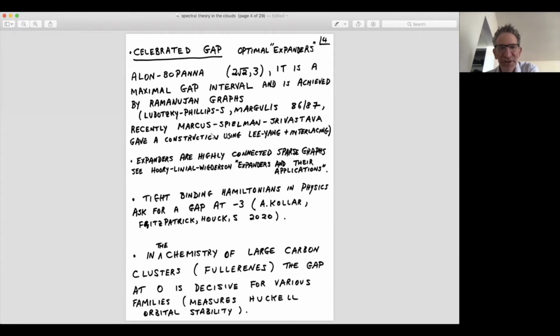The construction using number theory only allows you to construct these Ramanujan graphs with this optimal gap if the degree of regularity, in this case that I'm interested in this lecture, is 3, if that number is a prime power plus 1, because a finite field enters decisively. So they actually can construct Ramanujan graphs with any degree, but their graphs are not explicit, and there will be other features that you'll see where they have not been able to match the number theory.